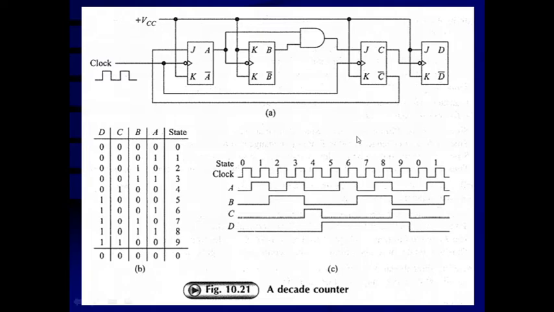And the waveforms, if you see these waveforms here, this is the clock waveform: 0 count, then the first count, second count, third count, etc. The clock negative edge is going to be there. So flip-flop A is changing state on the first negative edge of the clock pulse, the second negative edge, the third negative edge, the fourth negative edge of the clock pulse.